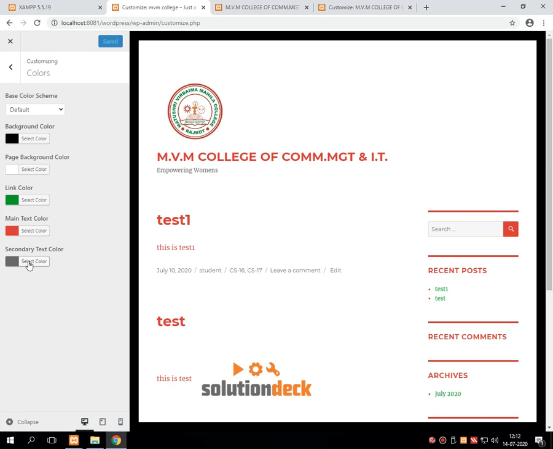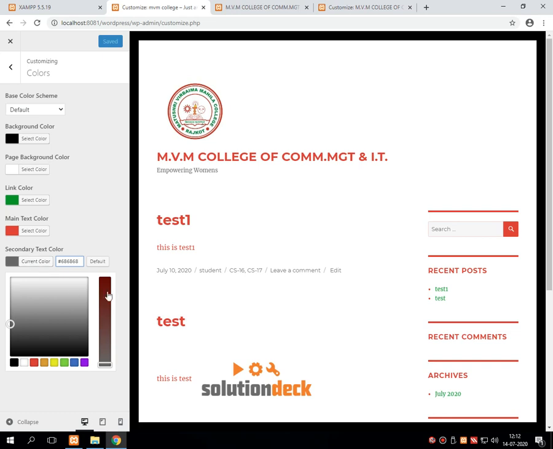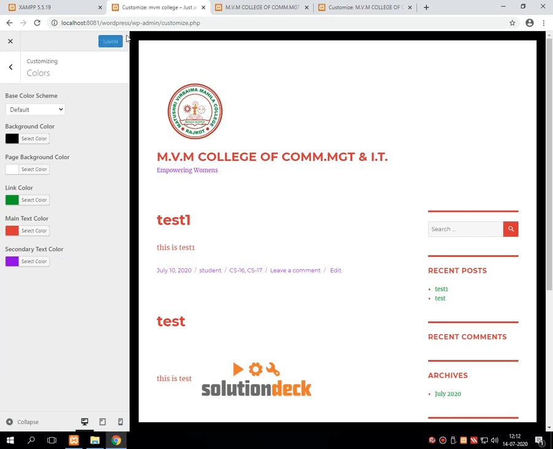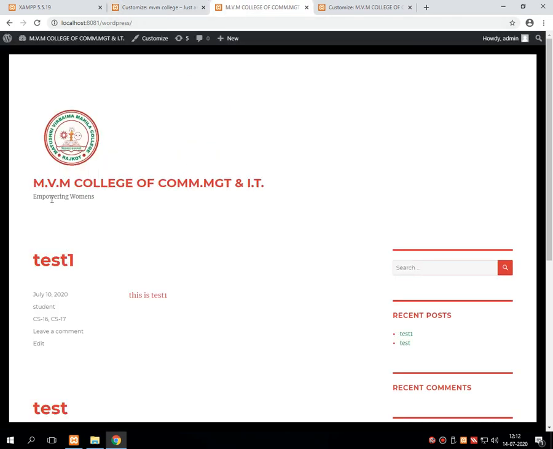Then what about the secondary text color? Suppose I am selecting secondary text color as purple. I am selecting a very dark color because it can be easily visualized on the page. That's why I am selecting all these things. You can go for a better one. Just press save and publish. Look at this tagline and other text. All this will get automatically changed.